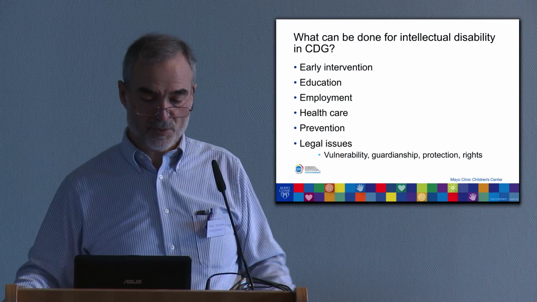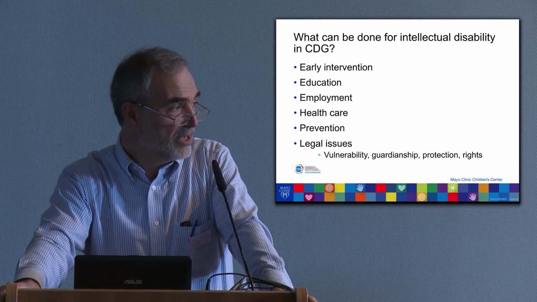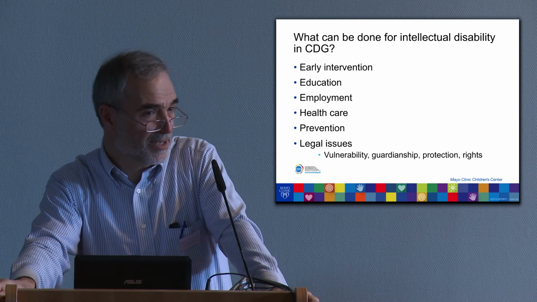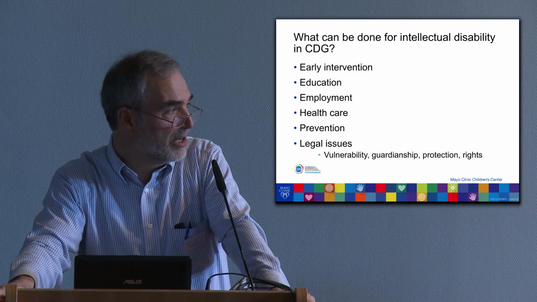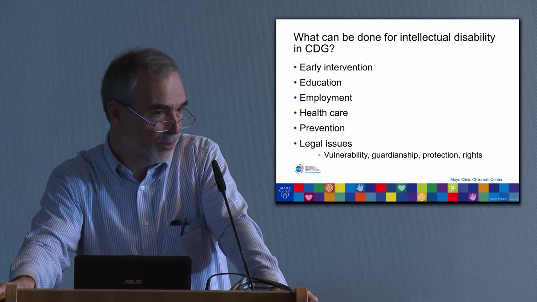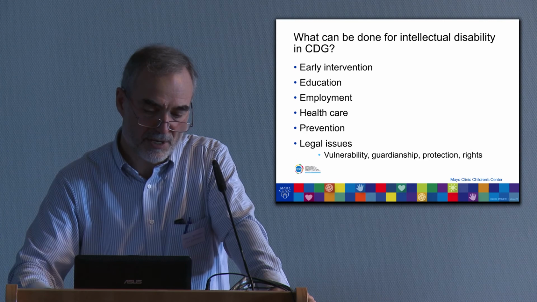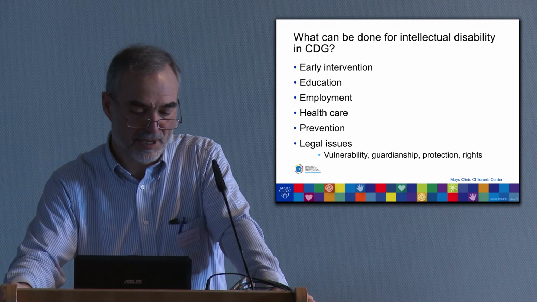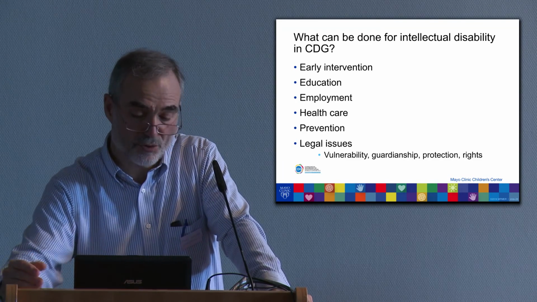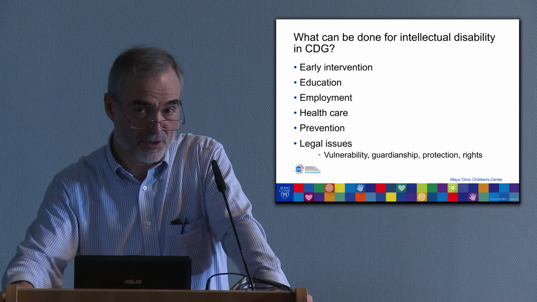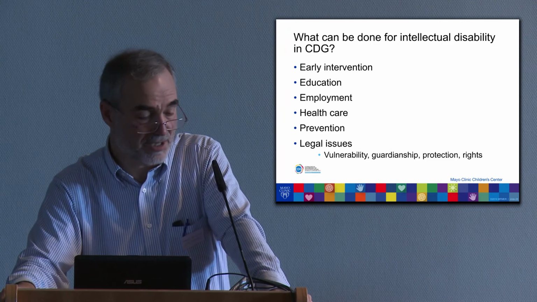Well, what can we do for patients with intellectual disability? And again, you've heard beautifully from Dr. Serrano how early intervention is important, that we need to understand and anticipate the needs that children may have. We have to make sure that they receive appropriate education, but we also have to educate other people, those who interact with the children, so that they can have appropriate expectations so that children can succeed to the best of their ability. And of course, as life goes along, we have to think about employment possibilities, to ensure that these children have access to healthcare, which can be a challenge for patients with rare diseases, as you all know, to think about preventing complications of these diseases.